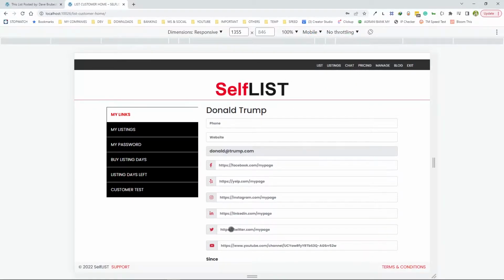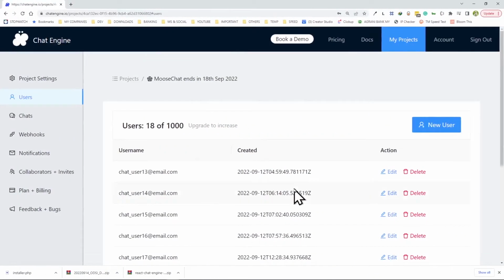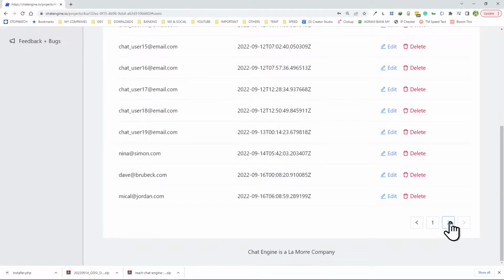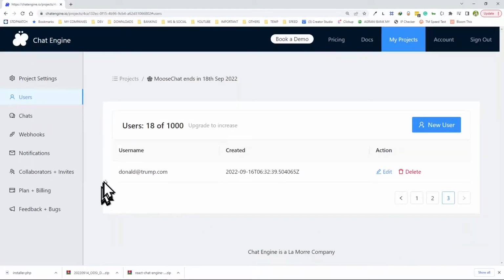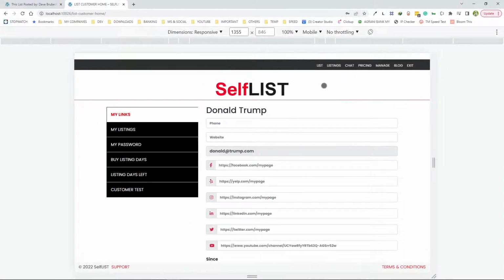And what's happening here is that in the background, as soon as the user logs in, I'm actually creating a user with the same name in the backend chat system, which is this right here, the chat engine. If we look all the way to the end, let's refresh and go to page number 3, we find the Donald Trump user got created. And that actually happened from this application's background. And now that this user has been created, this guy can go hit chat,